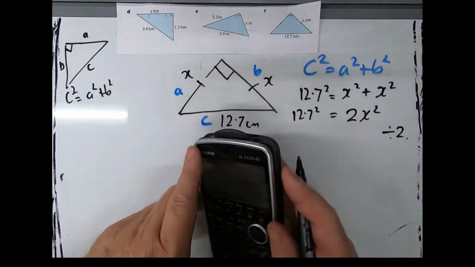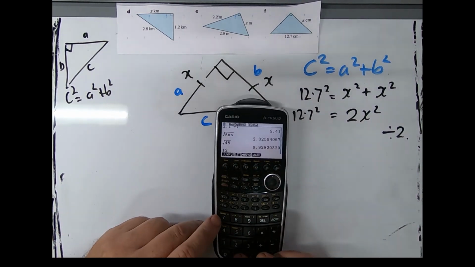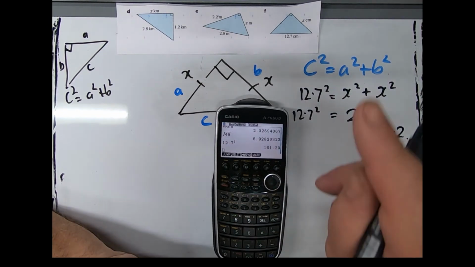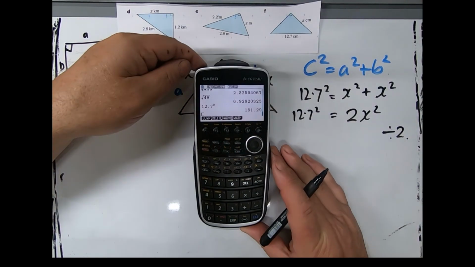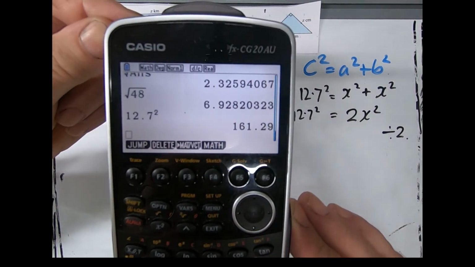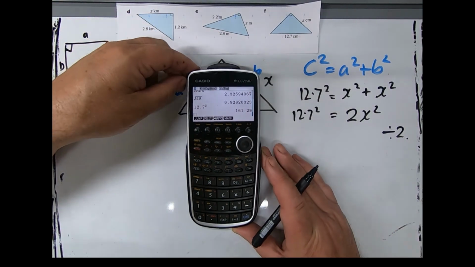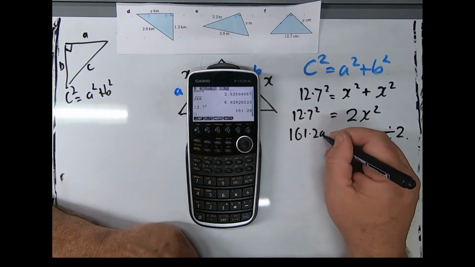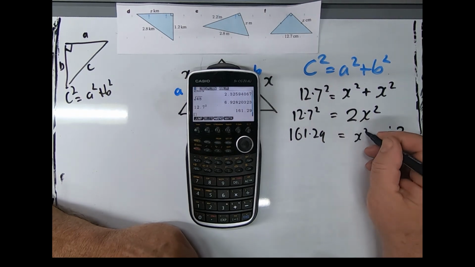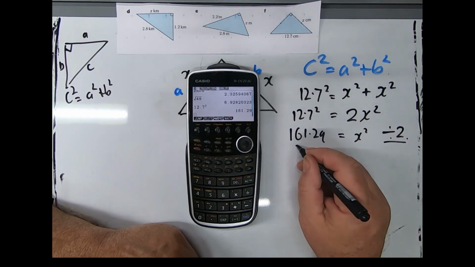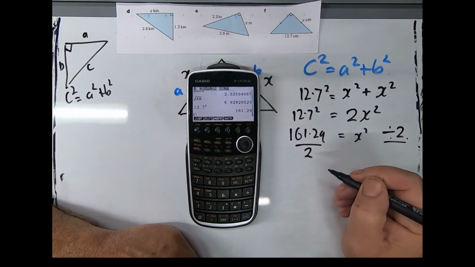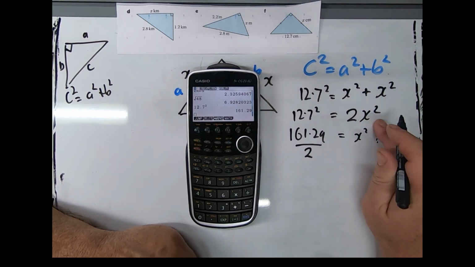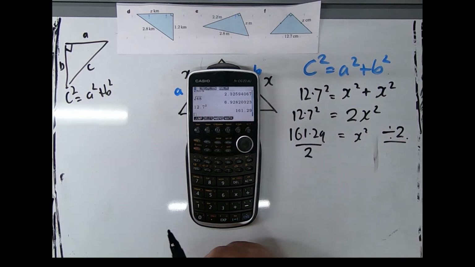So first of all, before we get too much further, who knows what 12.7 squared is? 12.7 squared. Really do hope that's showing up. Perhaps if I put it directly under. Is that better? Anyway, 161.29 equals 2X squared. Now on this here, to get rid of the 2, I'm going to divide by 2. Now I'm going to show that there. So I've divided by 2. That's how I've got rid of